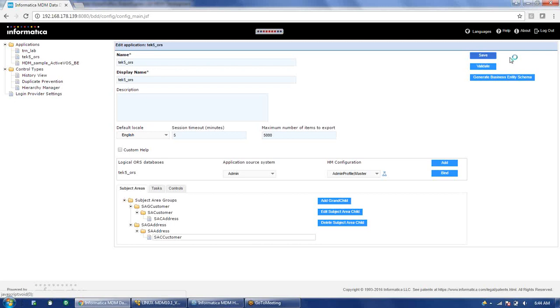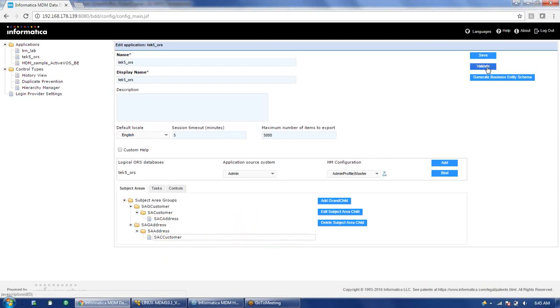One is on the MDM side, where we can use columns from other tables for matching purposes, and on the IDD side we can add the child and the grandchild. And one more thing that we discussed, that once you have done any configuration changes, just save it before going to any other place, otherwise all the changes will get lost.